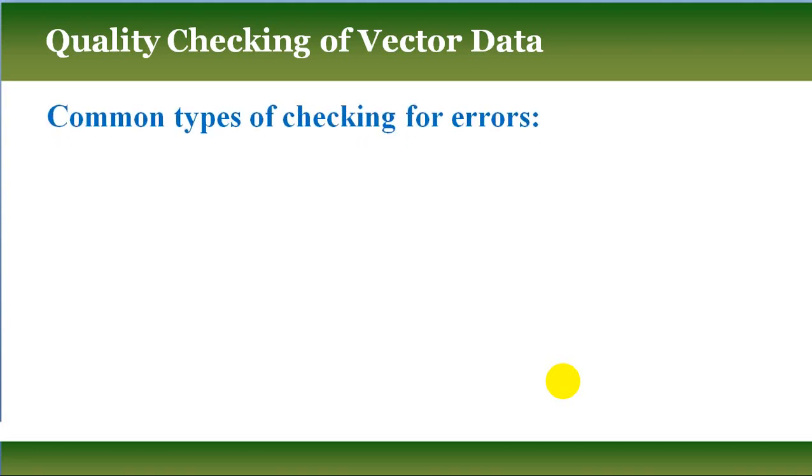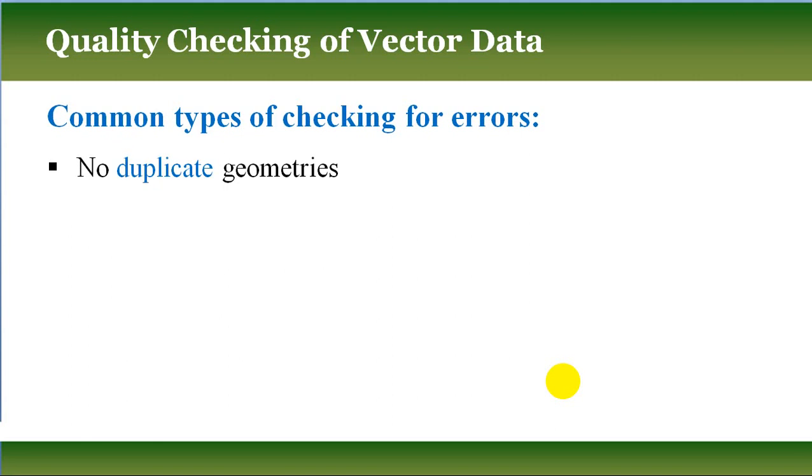Now just like raster processing, which we perform to increase accuracy and make your raster data much more accurate, we perform different types of processing. The same thing is true for vector data. Once you capture vector data, you perform different types of quality checking, so that if you find any error, it can be fixed and make your vector data much more accurate. So you perform different types of data checking.